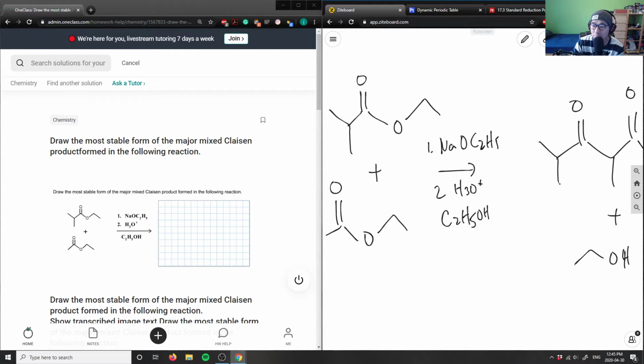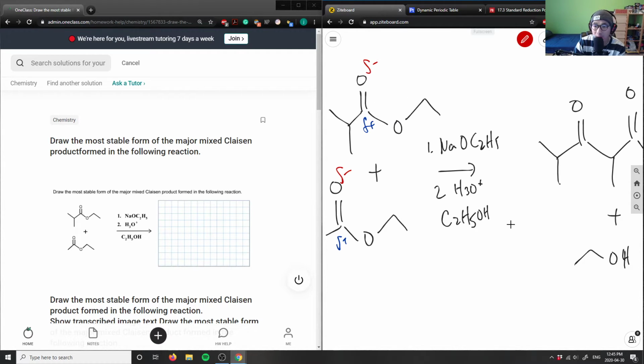You can think of the mechanism as if the lone pairs of one of the alcohols are going to attack the double bond here, because I know that this here is partial positive, this here is partial positive, and this here would be partial negative. So again, there's a dipole here, and one of the negative oxygen groups from the sodium, the O here, is going to attack one of these guys here, and then you form an alkene here